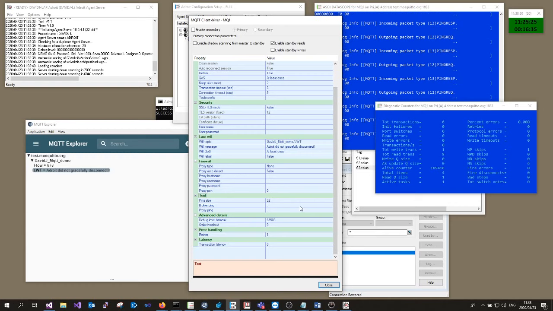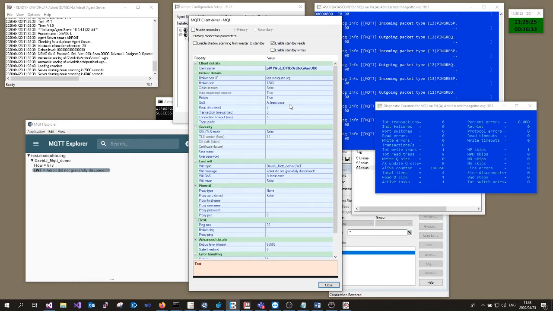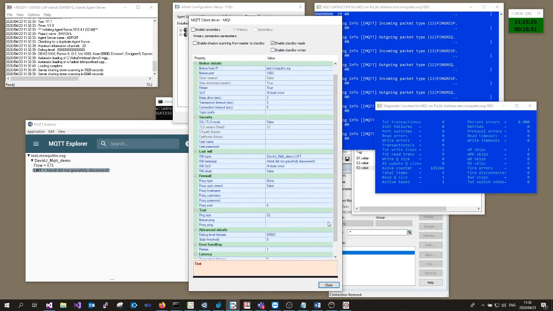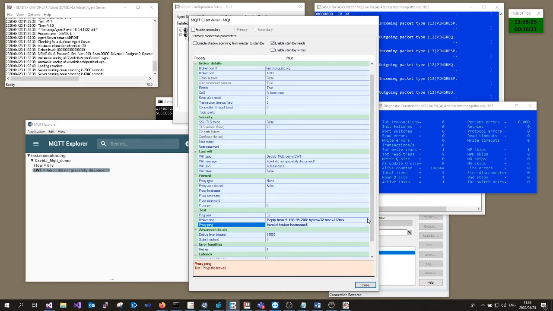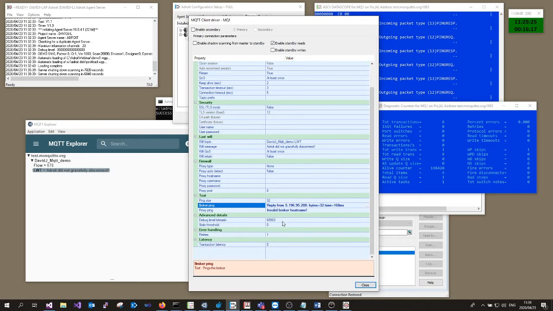So if you want to do a broker ping, basically that's our broker at the top. All you do is just ping the guy and you get your feedback immediately. Proxy we haven't set up. Okay, and if you want to make sure it's working, it's really pinging, so that's kind of cool.